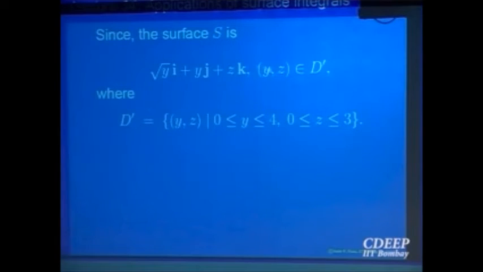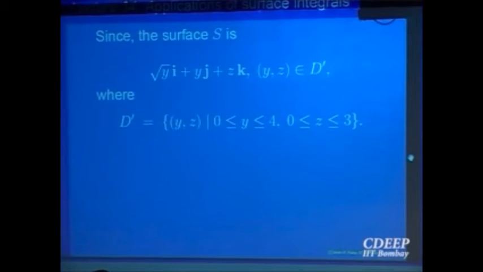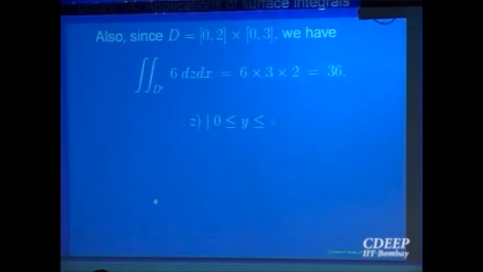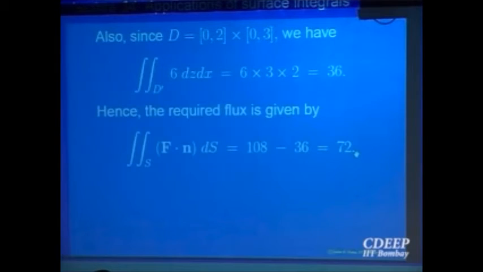So writing that equation in that form will be, right? When you want yz, the surface has to be written in terms of yz. It was earlier written as xz. Now you have to write it in terms of yz because you want projection onto the yz plane. So do it accordingly and compute. So this first one comes out to be 108 if everything is okay, and if I am not bluffing anywhere, then it is 36. And the answer, when you subtract it, comes out same as before. So check everything is okay. You sit down and verify the computations.